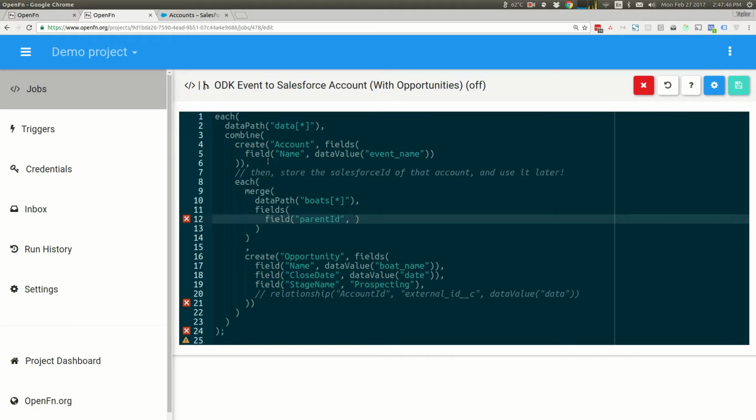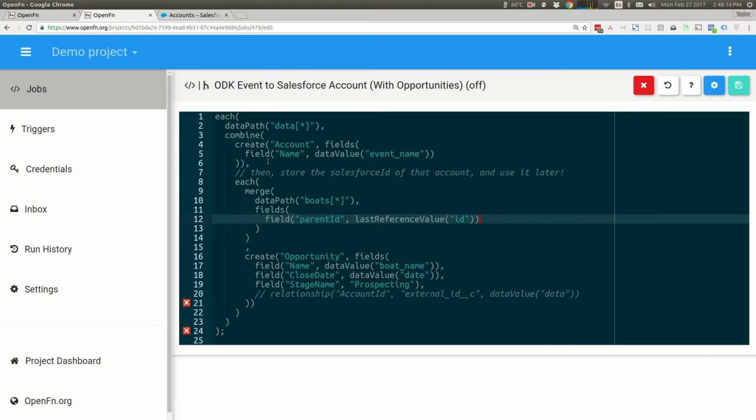After we've set the key, we need to set the value, and here we'll use last reference value. And remember, all of the functions at your fingertips are documented on our OpenFn docs site. You'll see reference to them in the forums and in the example jobs. But if at any point in time you feel like you can't accomplish something with the tools that have been